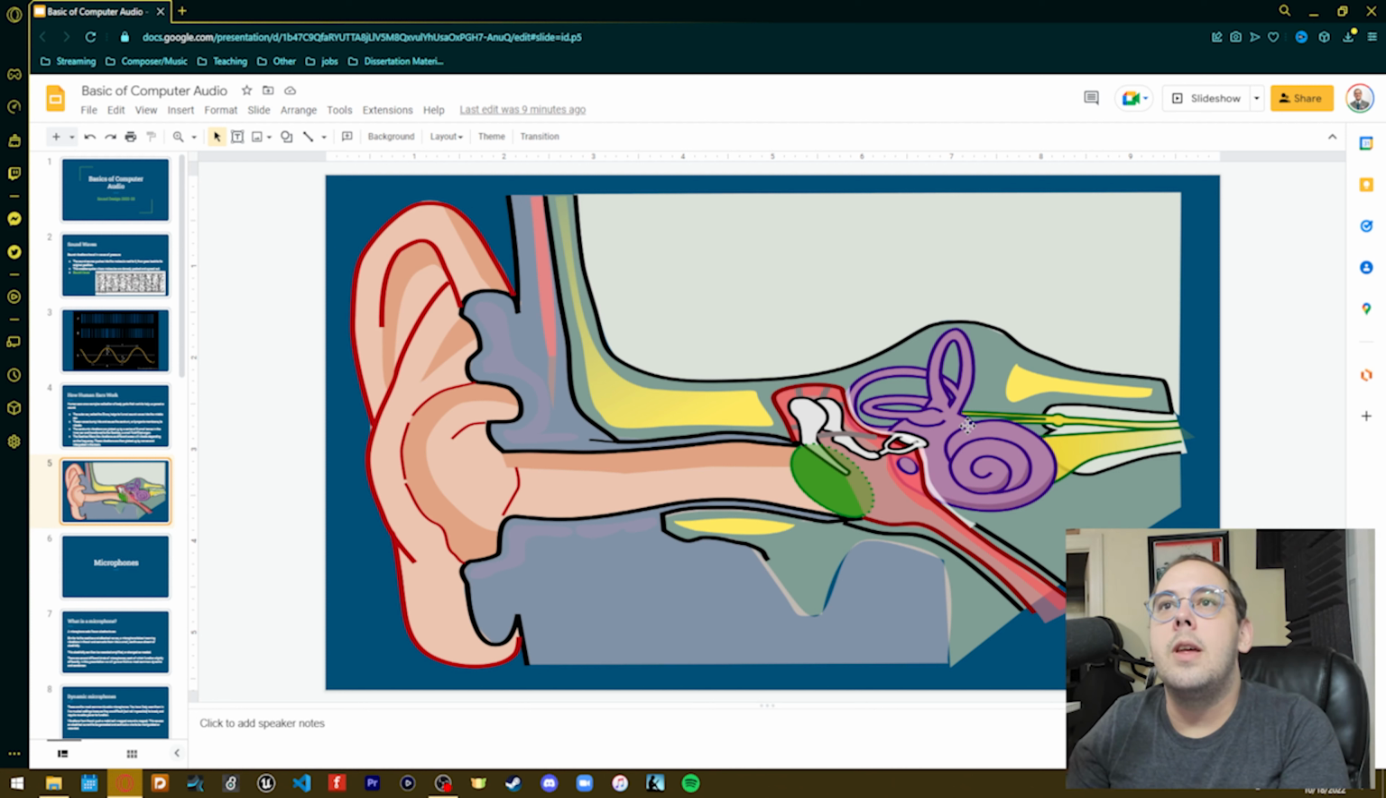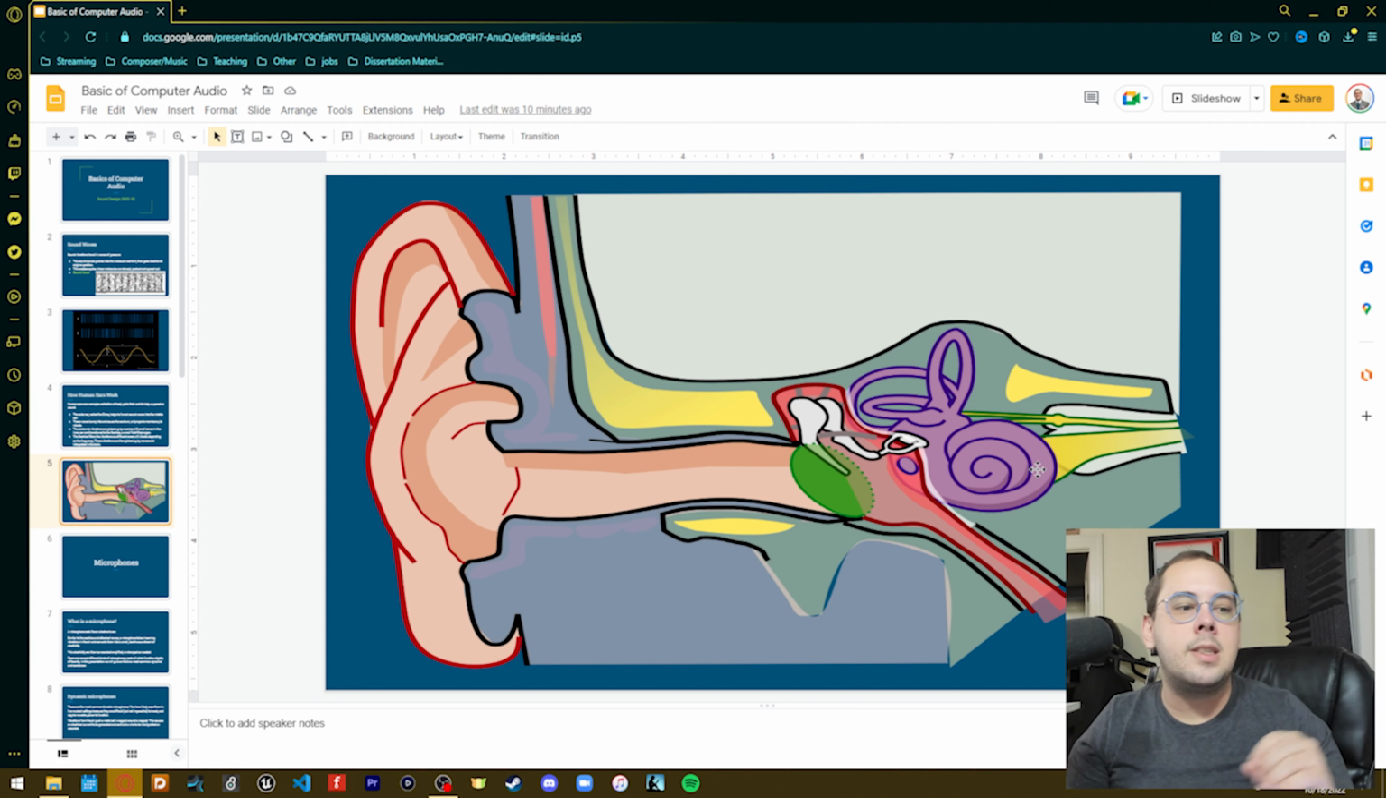Inside of this is a bunch of fluid and, for lack of a better word, hairs. Basically, the different frequencies that travel through here will stimulate different portions of this organ. So really high frequencies may stimulate parts down here where my mouse is. As the frequency is a lot lower, it may travel further through here and stimulate something maybe down here or over here. It varies. The point is, it's going to stimulate some nerves, and this is going to send different